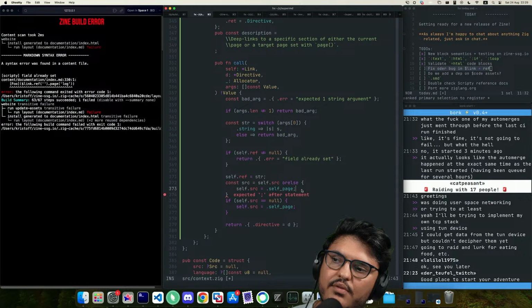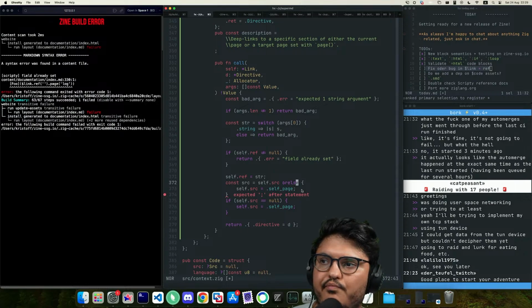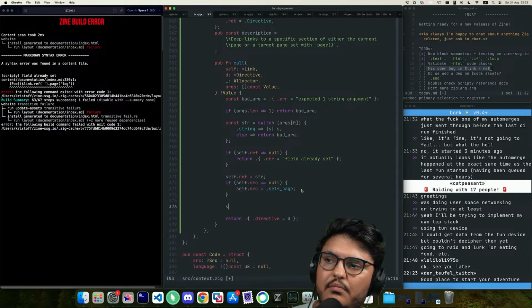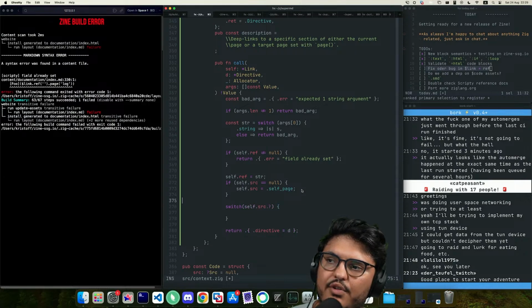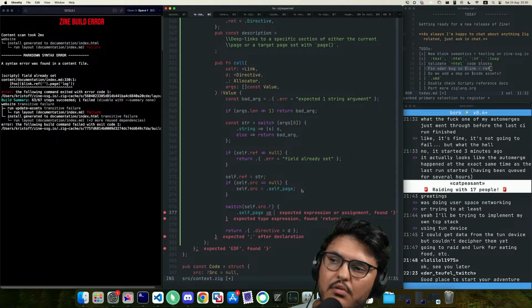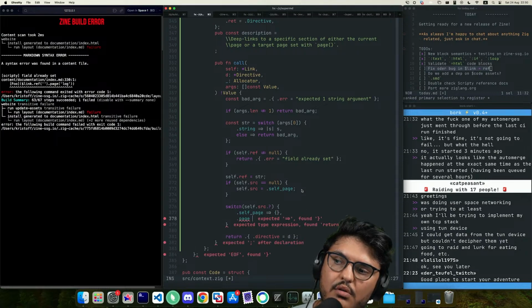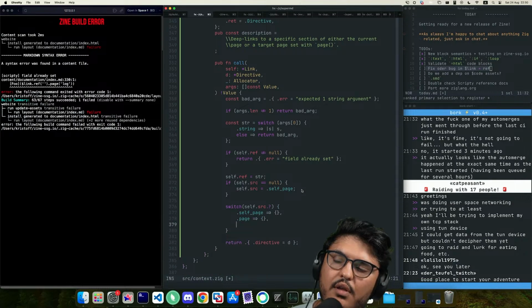Although that doesn't really do much, does it? I guess we can do it like this. We can assert that this is present after we set it. And so for self page, we do nothing. Page, we do nothing. But for asset,